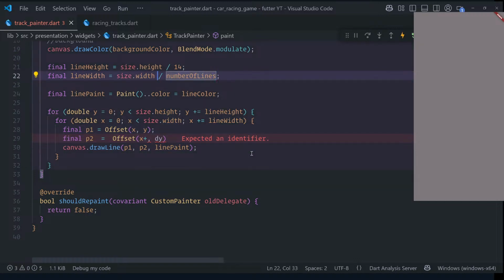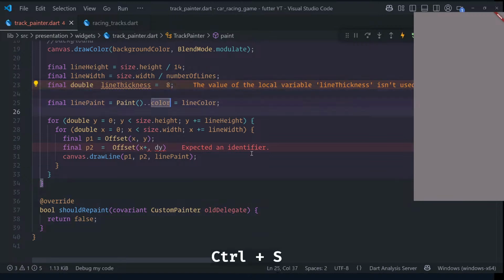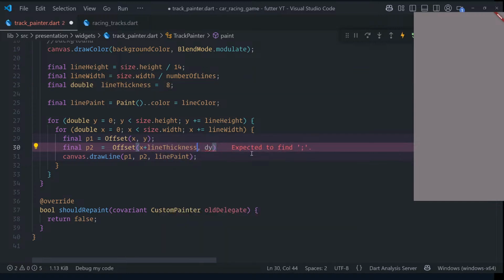This is the line width, not, I mean draw line width. Let me look here. Double line thickness. I know there will be a typo here, and we can make it 8 or something like that. So line thickness or something. But for the y, where it will end,